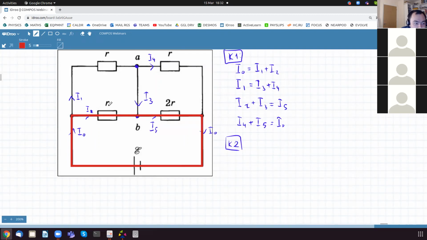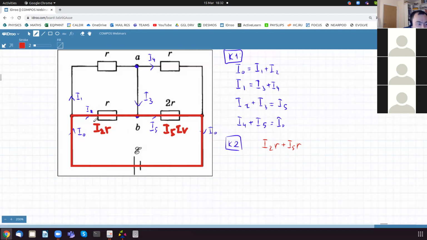The voltage across this resistor is I2R, and the voltage across this resistor is I5R, I5 times 2R, current times resistance. So for Kirchhoff's second law, for this loop, I'm going to write that I2R plus I5R, and because